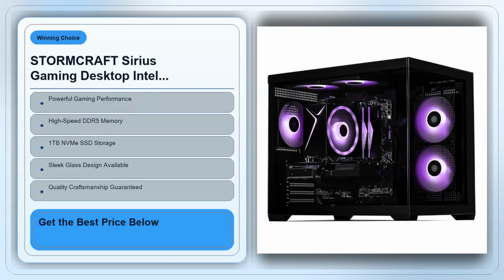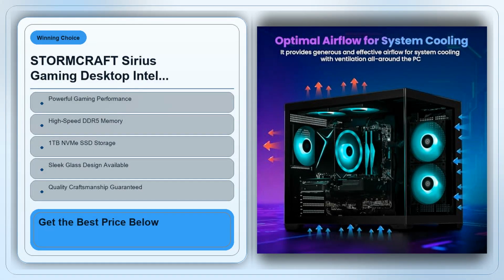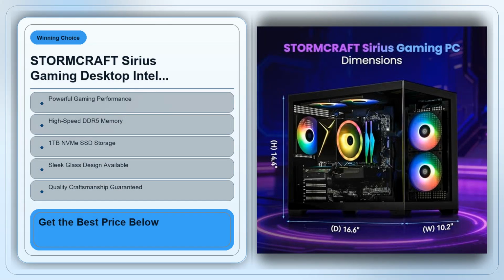The biggest question on my mind was simple: does this machine give me the performance I need for modern games without forcing me into a future-proof price tag that I can't justify? I also wanted to know whether the design and connectivity choices actually make my day-to-day gaming and work setup smoother, or if they're just eye candy. In the end, the answer turned out to be a mixed bag, but it leans towards smart buy for a